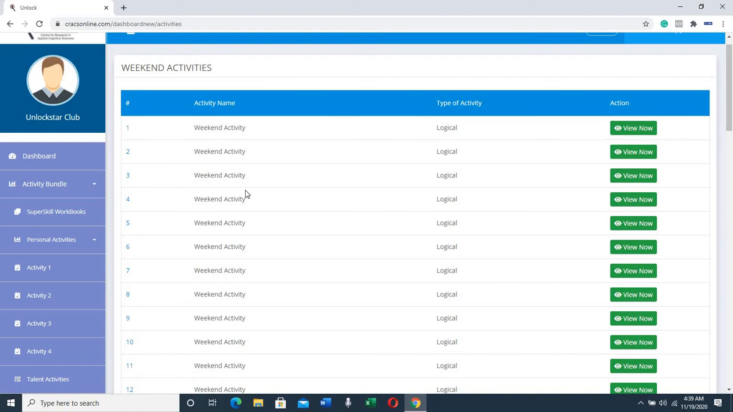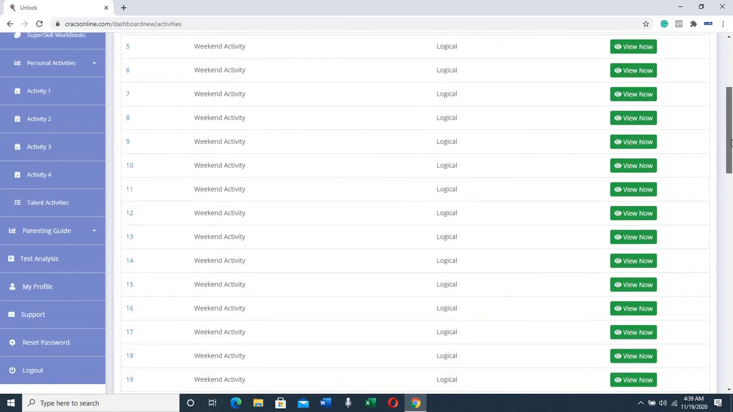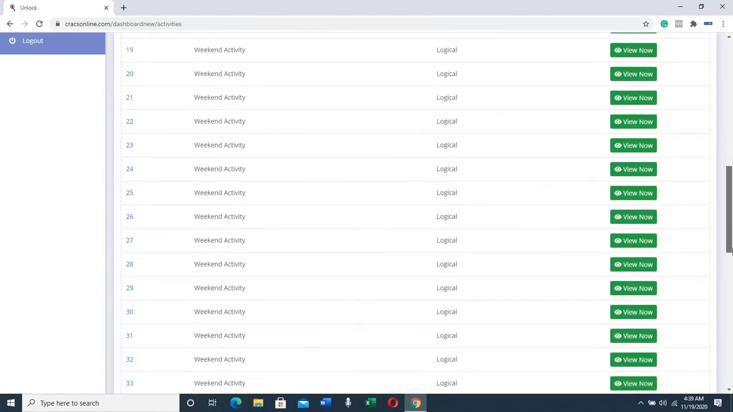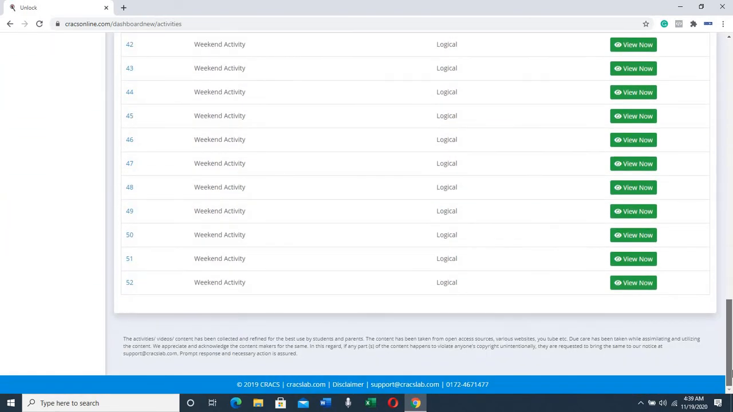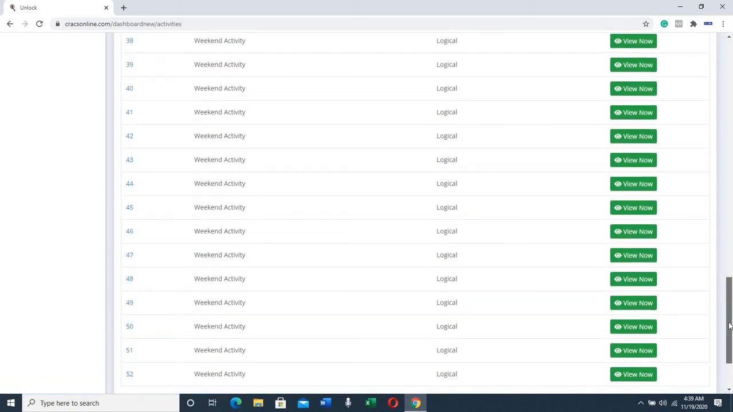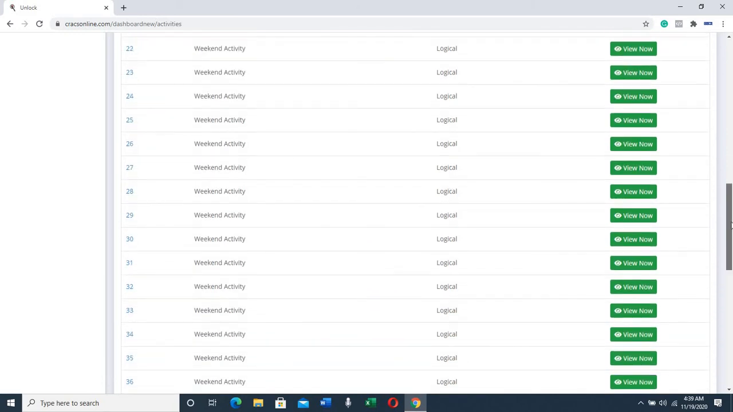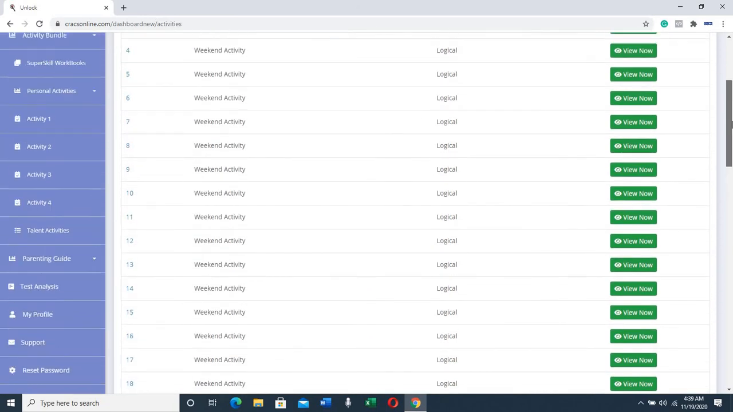So for personal activities, there are activities that should be done weekly, every weekend, that parents can partake in. You can actually pick any of these activities. You have a host of them, from 1 to 52, for this particular child. The activities assigned to children vary depending on what we are trying to achieve with each child. But you can actually pick any of these activities to start with